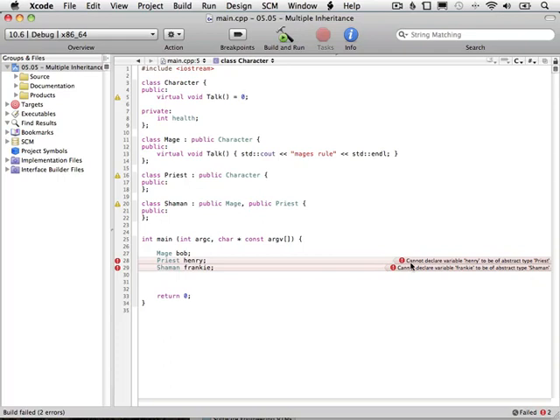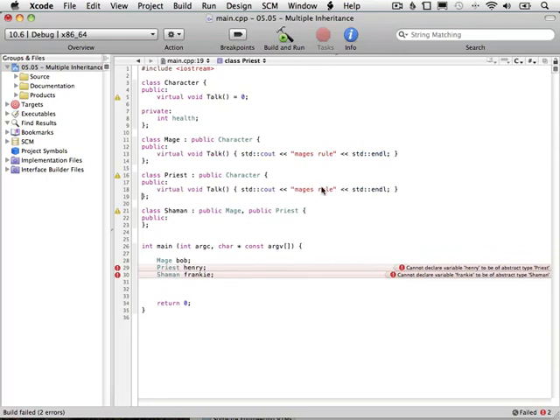And so now I want to show you what these two errors down here are. The first one is Henry is an abstract type of priest, and we think, well, no, it's not. It doesn't have any pure virtual methods. Well, it actually does because character has a pure virtual method. So what we need to do is define that functionality inside priest. And so priests think they rule,